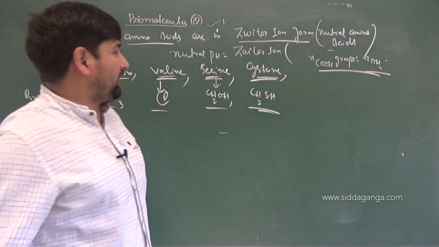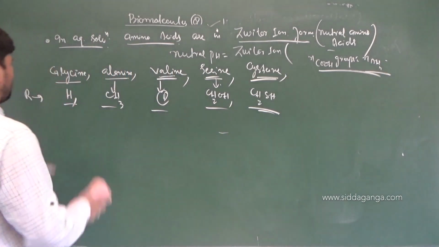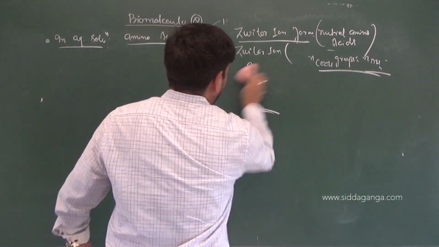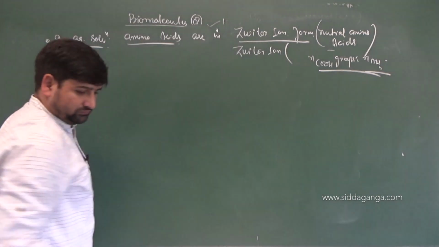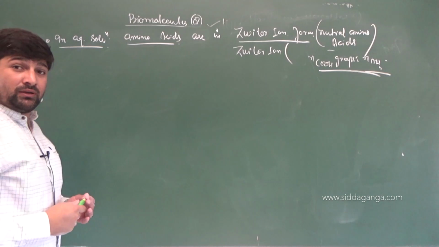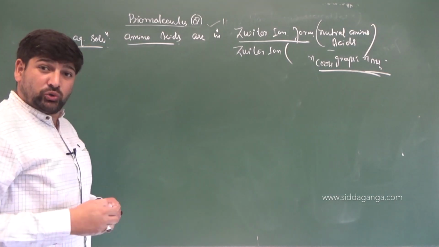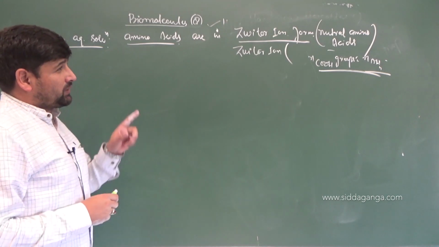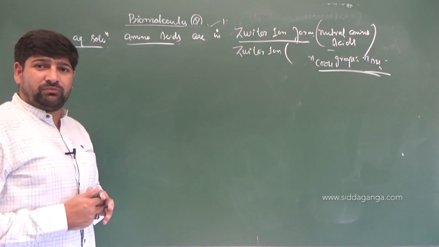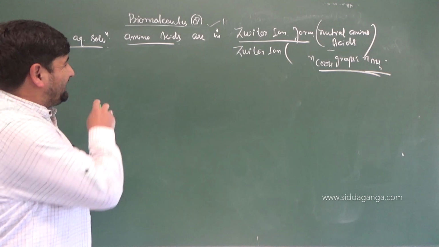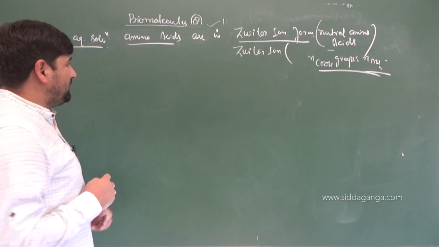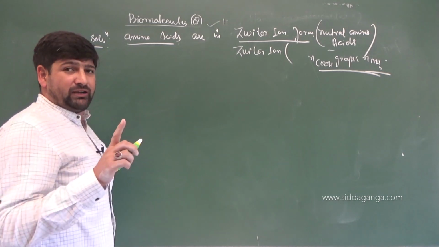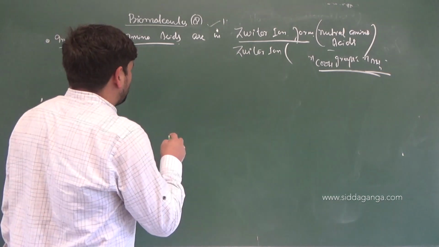So I will take one of the examples in the form of alanine or glycine, whichever you want, to understand how exactly it behaves. I said that in neutral states, in aqueous solutions, amino acids will be found in zwitterion form, right? Let us change the scenario. Suppose we have it in aqueous medium, so it will be in a dipolar state, right? So what will be the molecule we'll have?